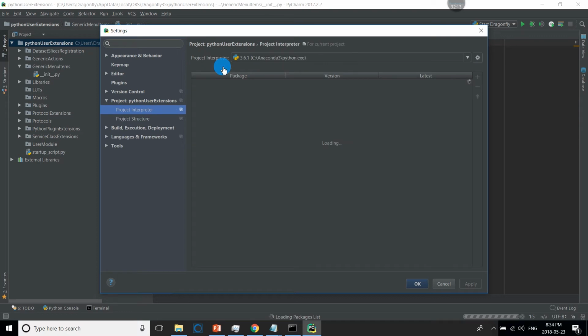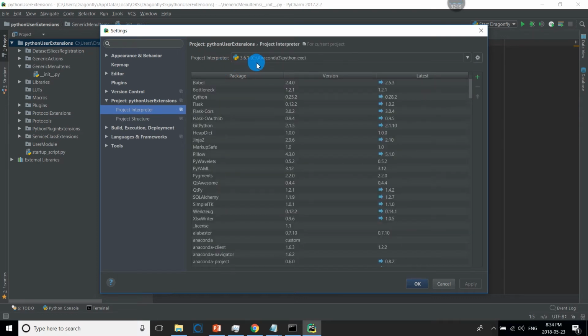So you go to File, and then you click on Settings.